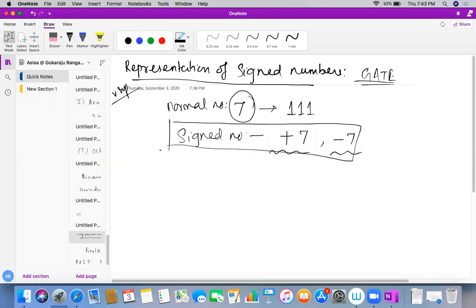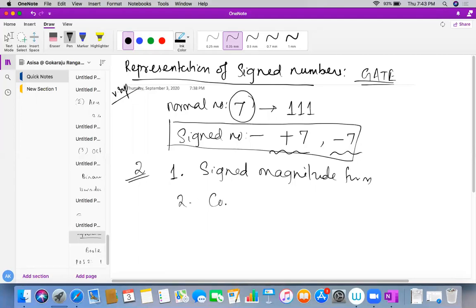In order to represent these signed numbers, there are mainly two different techniques available. The first technique is the signed magnitude form. Another technique is the complement form. We are slowly moving towards an important part of the syllabus. Under the complement form there are two different types: one's complement and two's complement form.